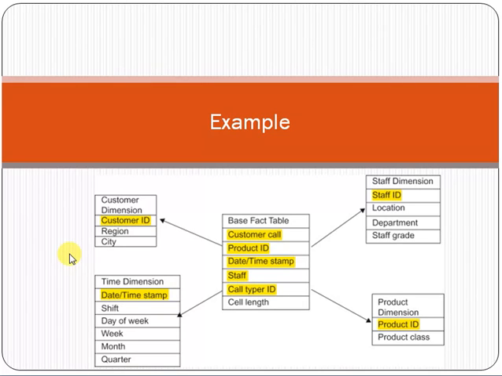Let me give you a very simple example of a diagram. This is an entity relationship diagram. For example, customer is an entity, time dimension is another entity, base fact table is another entity, staff is another entity, product dimension is another entity. Friend, just imagine a data model that has a few entities. You have to identify the entities in the system, then identify their attributes, and then identify how these entities are integrating with each other. So this is the concept. This is a very simple example.